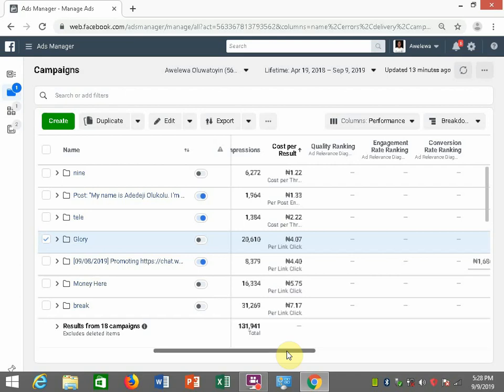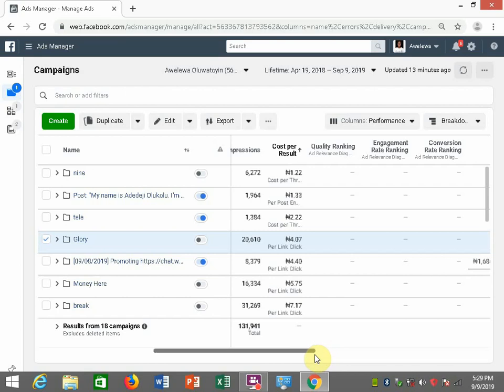So it's not just enough to run a good advert. Everything from the advert to the destination has to be on point, good enough. All your decisions have to be tailored to what you know for a fact that the customer will need. If they don't need it, don't put it there. If you know they will need it, put it there. If it will distract them, remove it. If it's going to make things simpler for them, put it there. If it's going to make things more complicated, take it out. That's very, very important.